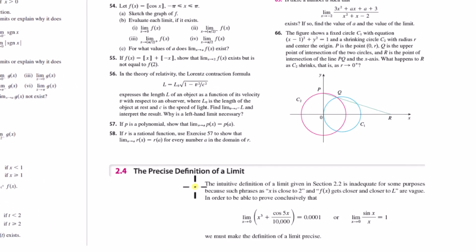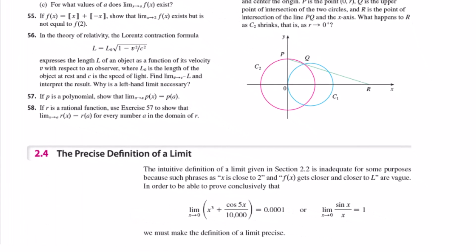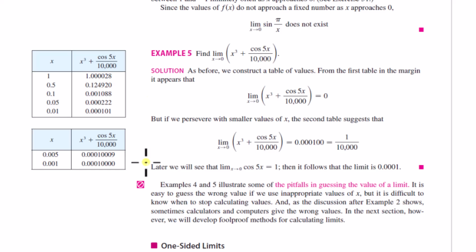Well, it starts out in this section pretty much stating the motivation for the need for a precise definition of the limit, which is everything I've just been talking about. So here, we could plug in 0 into this function, and we would get the limit value, but we haven't made any official statements yet about if direct plug-in is applicable for a cosine function. And so if we come back to this problem, this was in section 2,